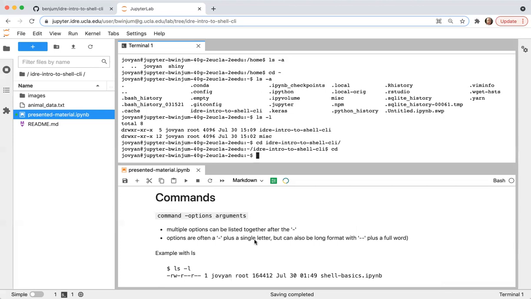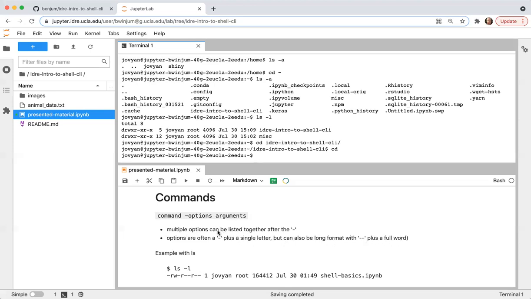Now let me talk just a little bit about what I saw with ls -l. With the commands that you come across in Linux, this is a kind of very typical format for them. First, you'll have a simple word, which is the command, the name of the command. Then you'll have options, and then you'll have arguments to that command. So the options are prefixed with a dash. Options can be prefixed with a dash plus a single letter, but they can be in something called long format. So you can have 2 dashes plus a full word. That's another way you'll see options.